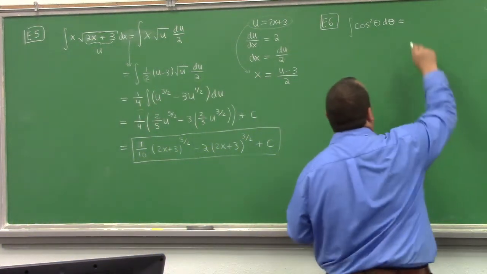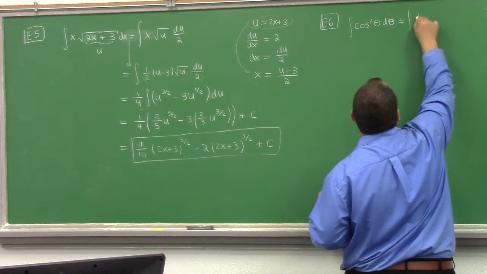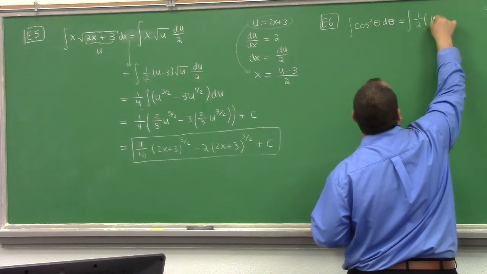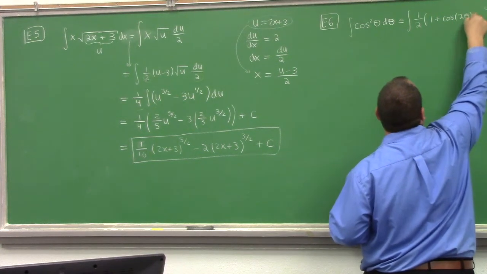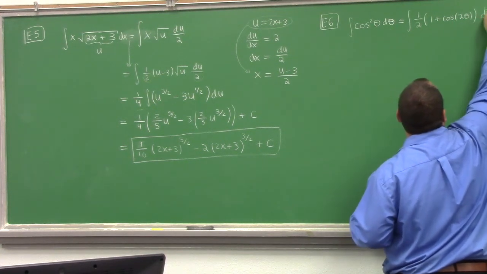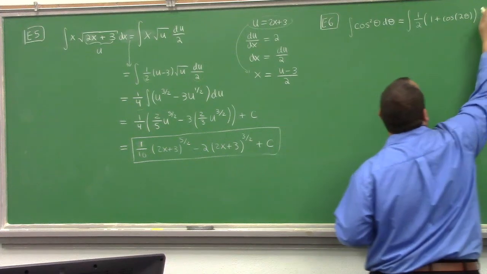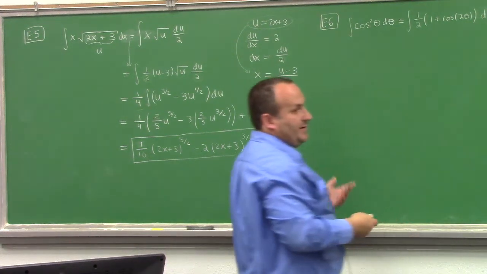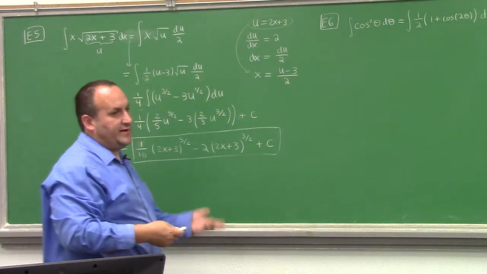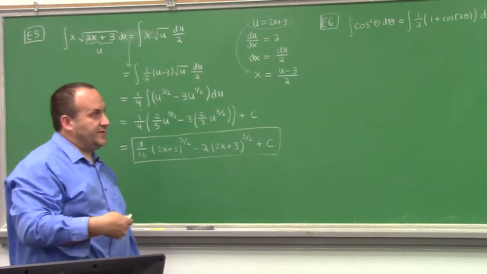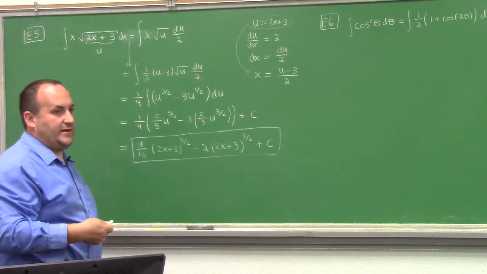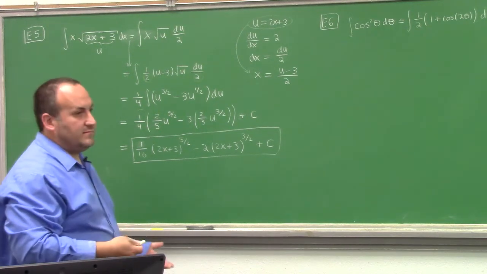So what we know about cosine squared is that it's 1/2 (1 plus cosine 2 theta). Remember that from trigonometry? Well, you might not, but we will review more trigonometry next week, okay? Because we all need to review trigonometry. But that's a trigonometric identity. And see, once you have that, then,